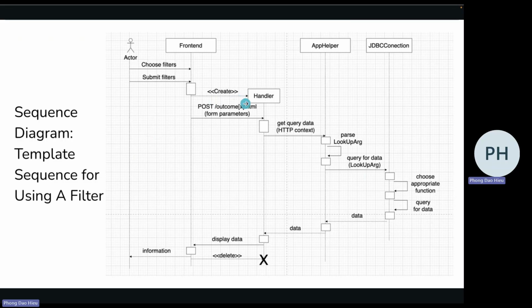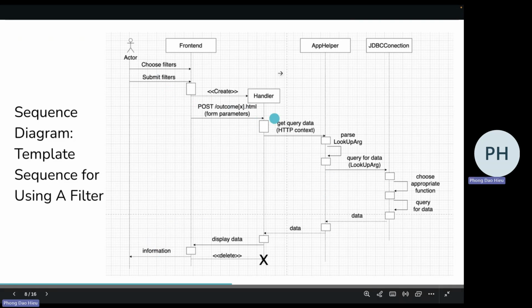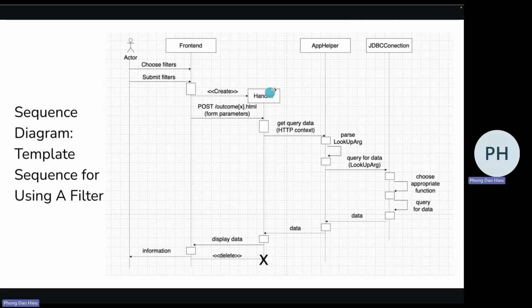This is a sequence diagram showing what happens when a user submits the filter to when they receive the information. And as you can see, it uses the three main classes that we talked about earlier. When the user submits filters, the handler class is instantiated and it gets information from the post request, which it then sends to app helper to parse into a lookup argument. This lookup argument contains all the filter information and is the only required parameter to be passed into JDBC connection,